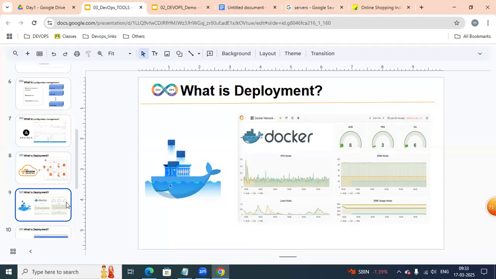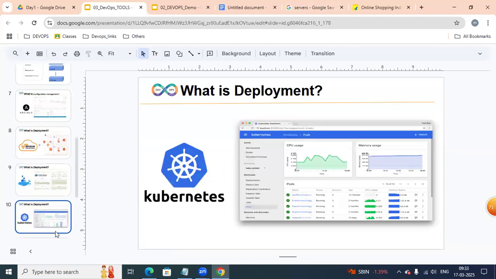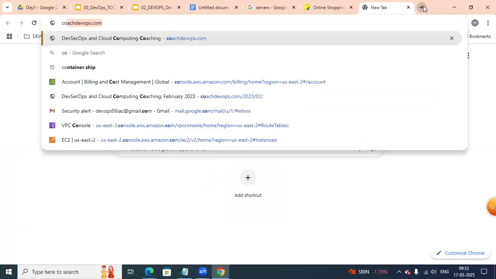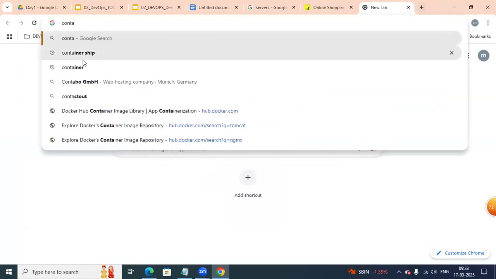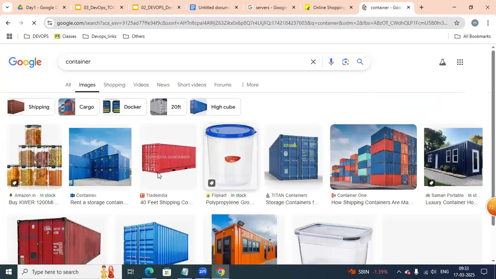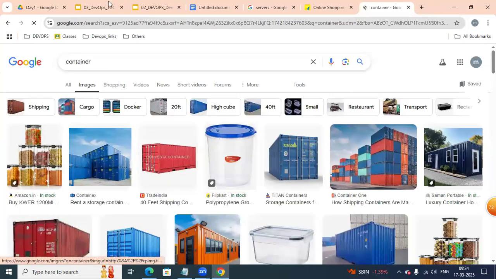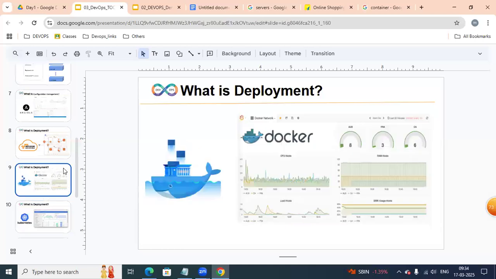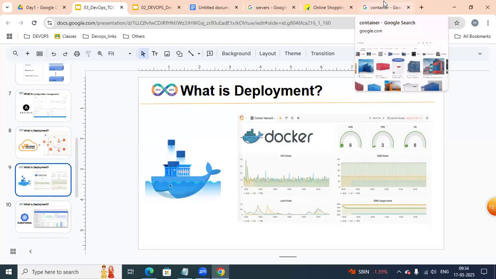And these Docker containers we can automate with Kubernetes. Kubernetes is just like a ship. For example, we have a container, a real-time container; we can import and export in the same way. Docker is for applications, Java, .NET applications, Flipkart.